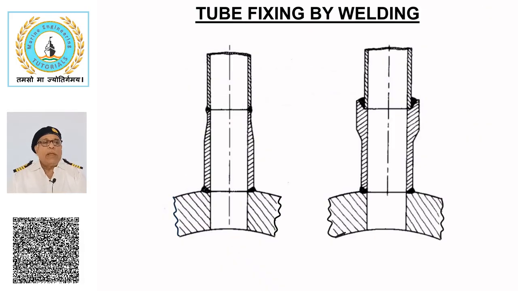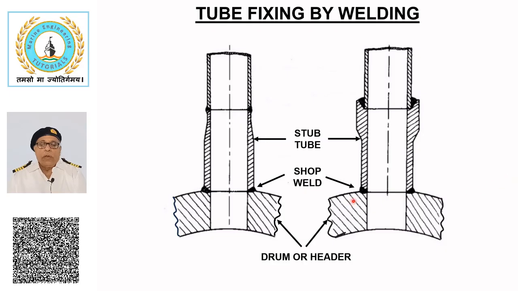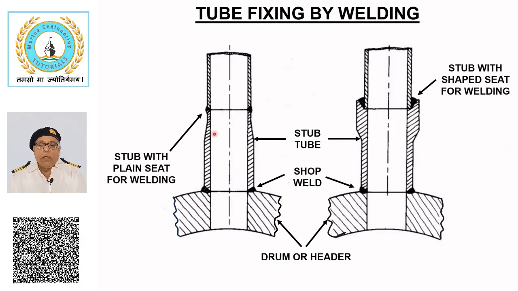Tube fixing by welding. This sketch shows the method of welding tubes to drum or headers in large boilers that are erected at site. Drums and headers are provided with the relevant stub tubes, which are attached at the manufacturer's works and shipped. Two types of stub tubes are shown in the figure, each suitable for the type of welding required at the